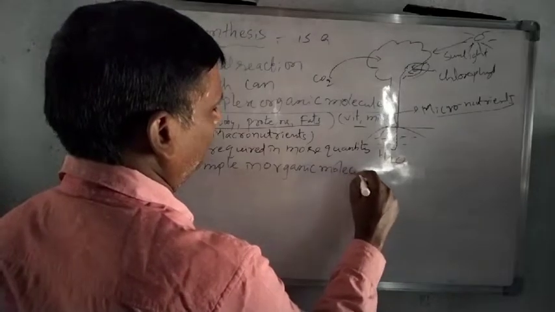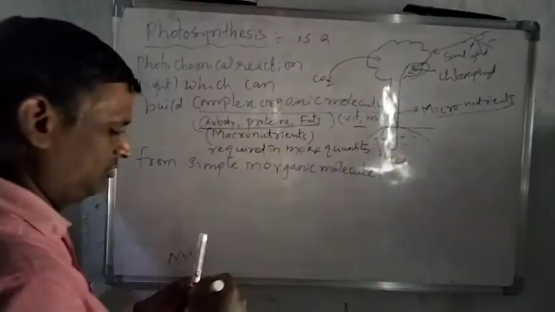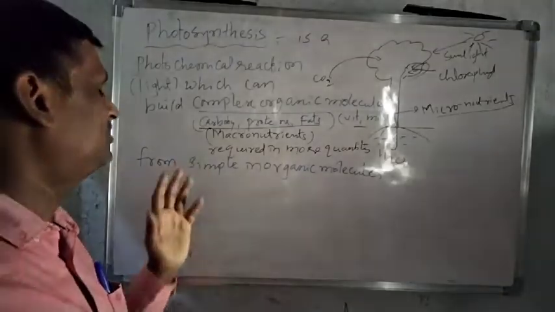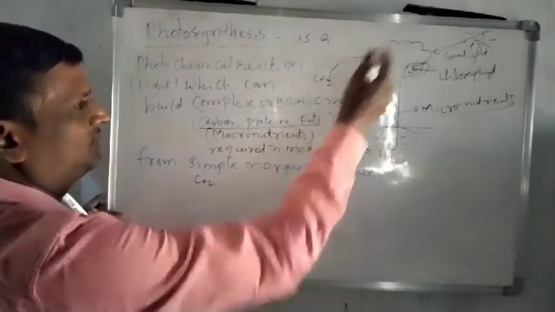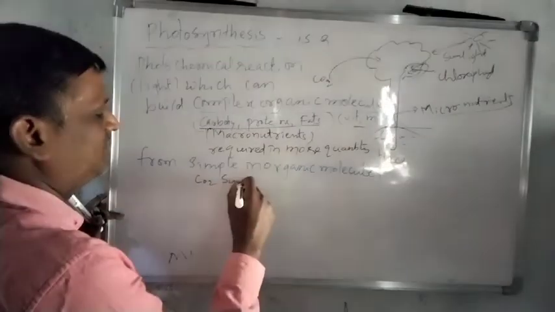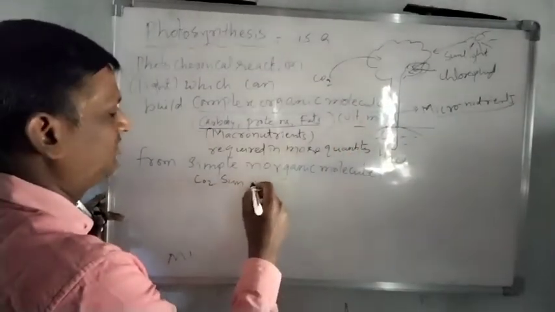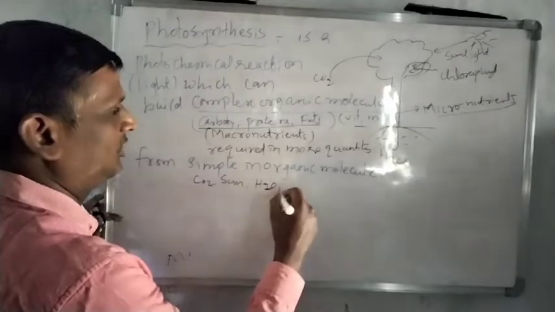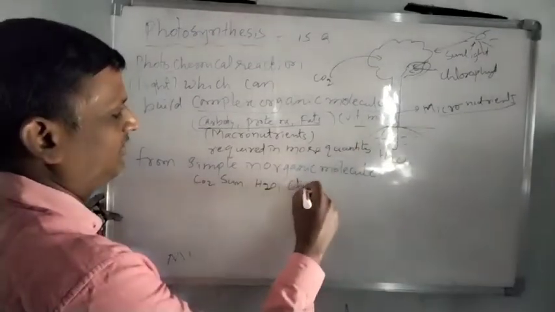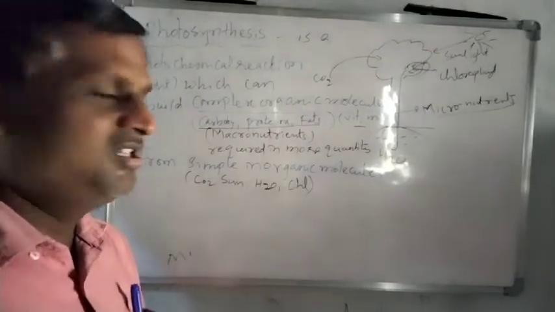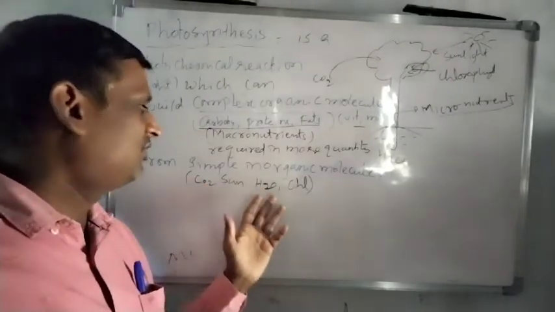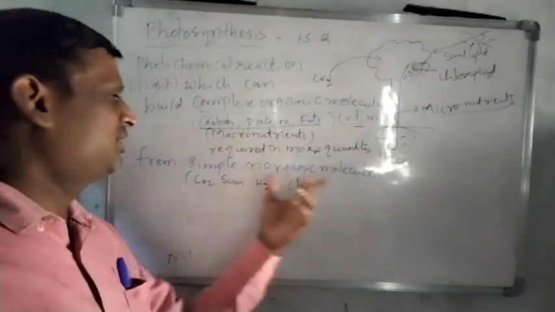From simple inorganic molecules. So what are the simple inorganic molecules? Carbon dioxide is a simple inorganic molecule, sunlight is a simple inorganic molecule, water is a simple inorganic molecule. Next, chlorophyll is also counted. So by associating carbon dioxide, sunlight, water and chlorophyll, these simple inorganic molecules